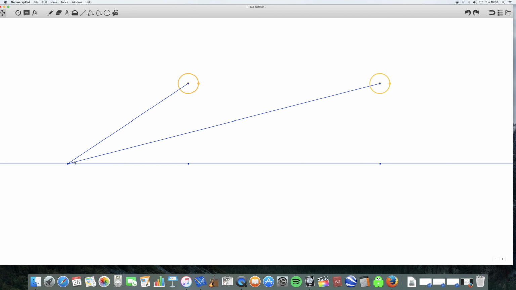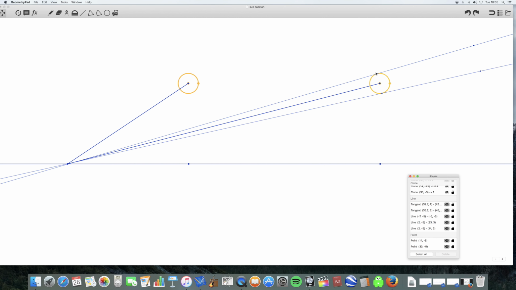Now remember the point I was making, that anything along this line joining the observer to the sun will look like it's in the same place as the sun. So if I draw in lines from both edges of the sun to the observer, I could put in a smaller circle here, or a smaller sun. Now to the observer down here, this smaller sun will look exactly the same as the bigger sun here. It will be in exactly the same place in their visual field, and it will be exactly the same size.